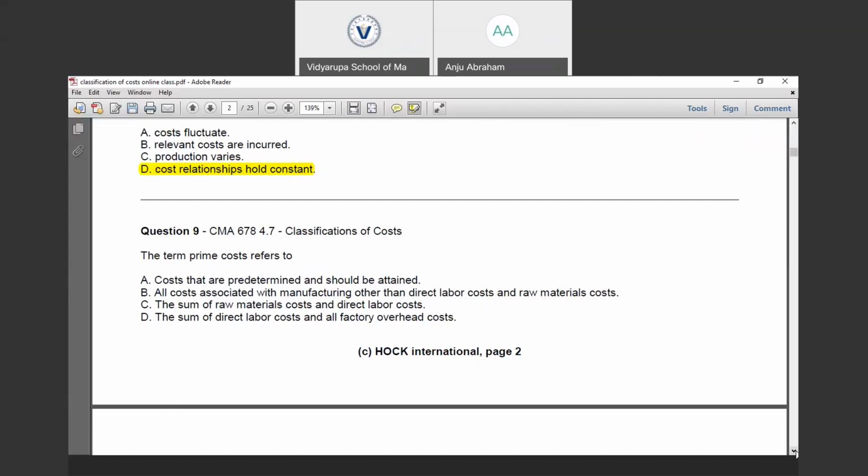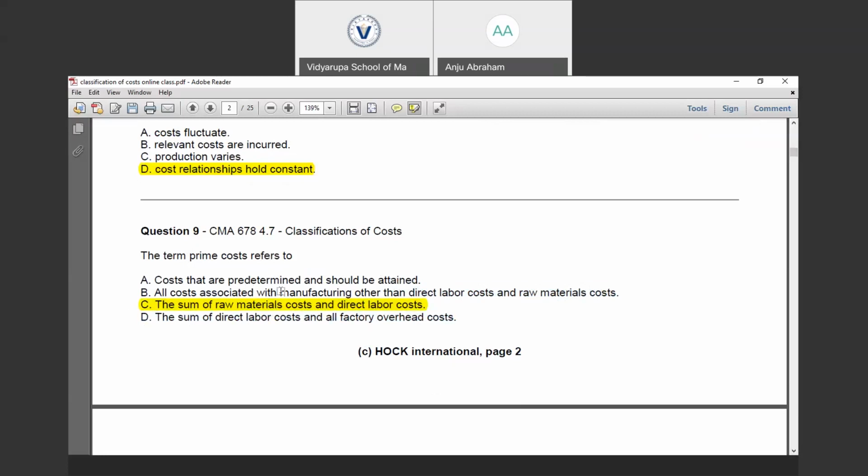This is from the part that we discussed just now, the prime cost, which is included in the product cost. Option C is the right answer: the sum of the raw material cost and the direct labor cost. Prime cost is equal to direct material cost plus direct labor cost. The costs that are predetermined and should be attained are the budgeted cost or the target cost.